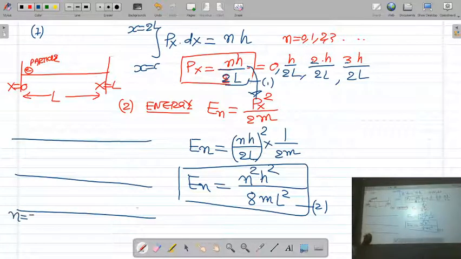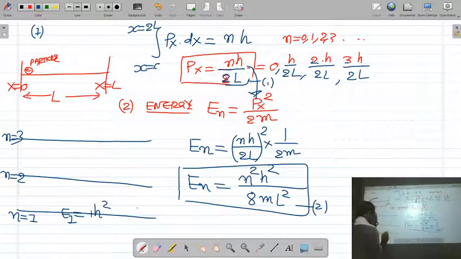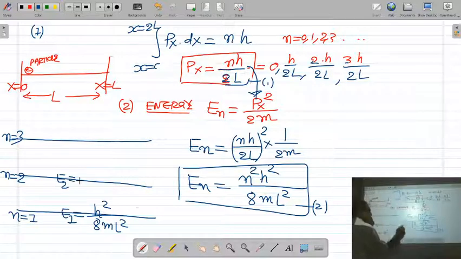n is equal to 1, 2, 3. So when the particle is in the energy level 1, what is the energy of this particle? E1 is equal to n1 squared, so 1 squared will be 1, h squared upon 8mL squared. In the level n is equal to 2, the energy of the particle will be 4 times greater, because 2 squared is 4, h squared